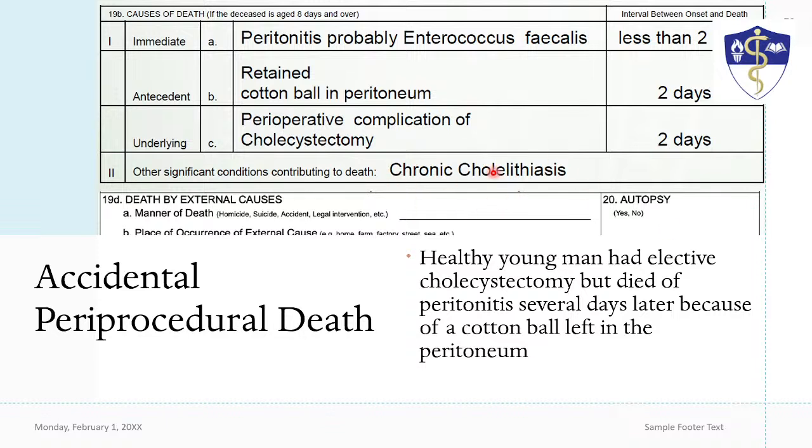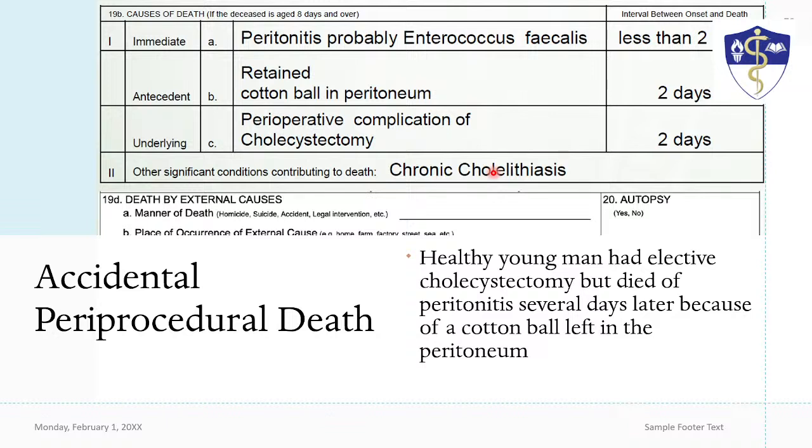And then it will be included in the statistics, that we already have many chronic cholelithiasis cases here in the Philippines. Maybe, with deaths from cholelithiasis in the Philippines, we can do something about their diet,